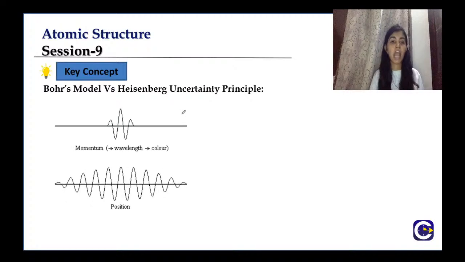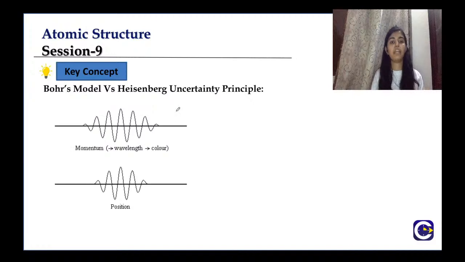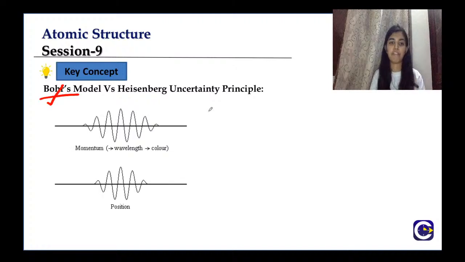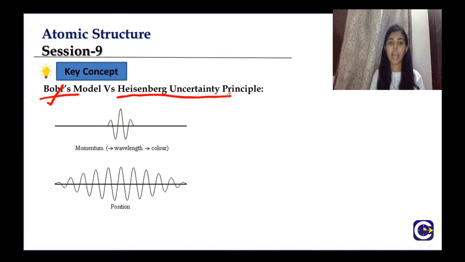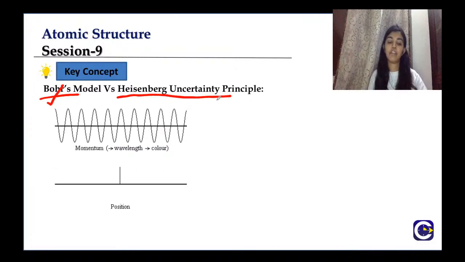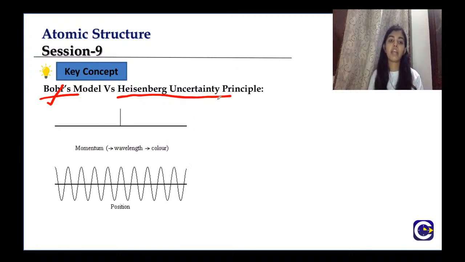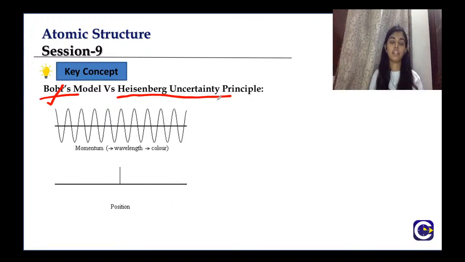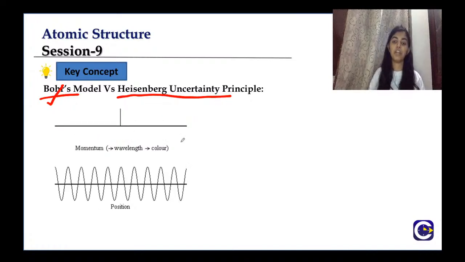So he said that if you do not know the path or the trajectory that is being followed by the electron, how can Bohr say that the electrons are moving in definite orbit, right? So this was the question that was asked by Heisenberg uncertainty principle to Bohr, that if you cannot determine the trajectory of the electron, how can you say what is the position of electron or the distance of electron, or how you can say that electrons are moving in this particular orbit.